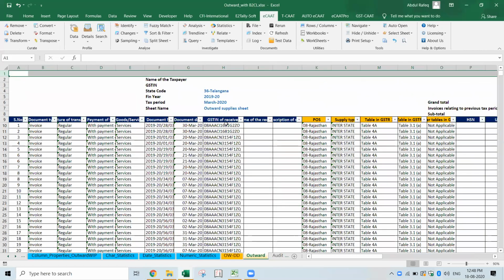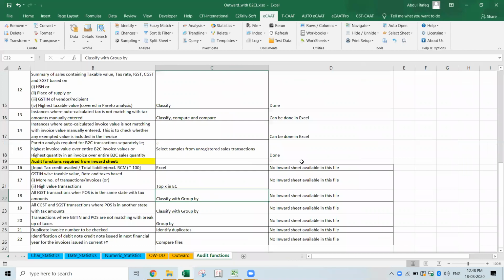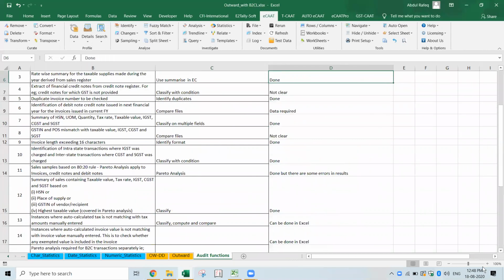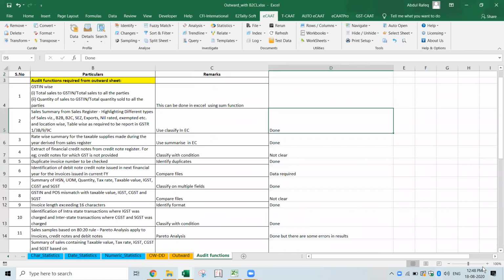So this is how I prepared the data and did the analysis for some specific cases. Now this is the original data you had shared. I removed all this and curated the columns. And this is the audit point which you wanted, where I had written some comments also. On the Pareto report you said some error was coming. That's a minor error we have rectified in the new release. I'll show you with the sample data how it will come.